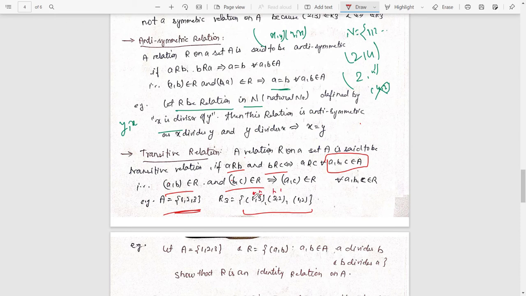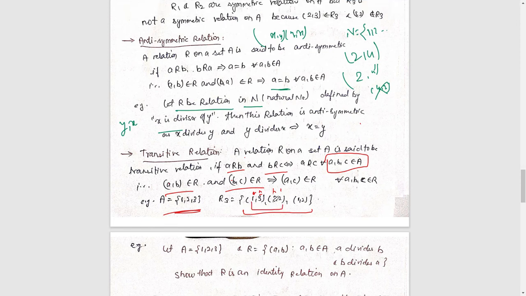So this particular element should be the same. Now it should imply that we have (1, 2) also belongs to R, which is there. So if (a, b) belongs to R and (b, c) also belongs to R, then this implies (a, c) also belongs to R, and that particular thing will be transitive, which is true in this particular case.